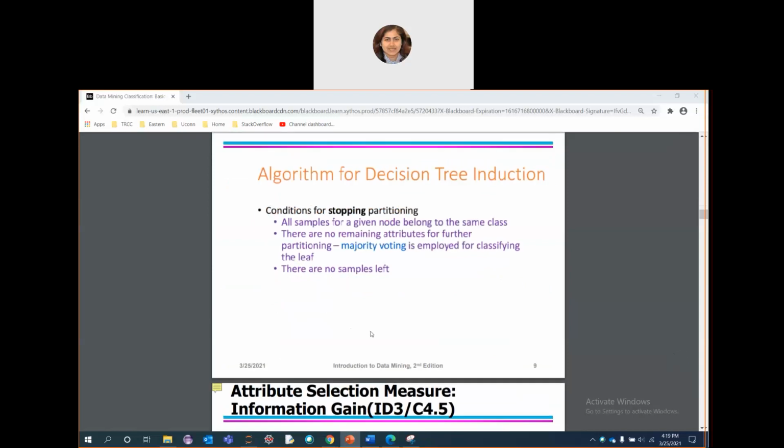So let's see your algorithm for decision tree induction. I have already told you in the third slide that when to stop partitioning is the major thing we need to decide, we need to look after. So you need to just keep on splitting, and your splitting will stop when for a given node all the samples belong to the same class. So you now can make a decision. You don't have to apply further splitting conditions to the decision tree because you got an optimal class.